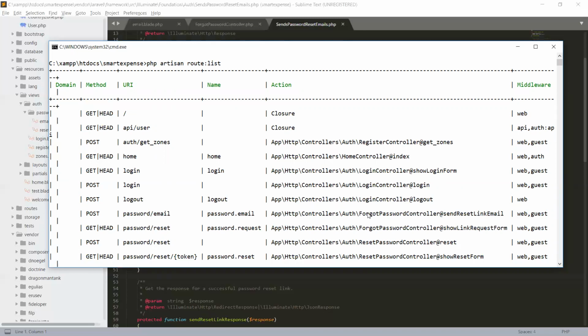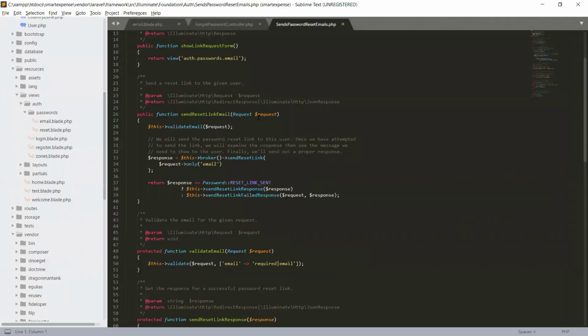So when we submit our form with email, it goes to the forgot password controller and sendResetLinkEmail. It will use this request, so the email will come to this request, and it will validate.